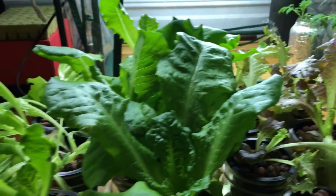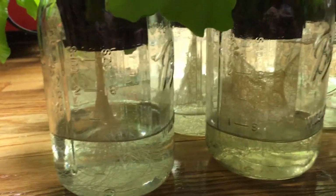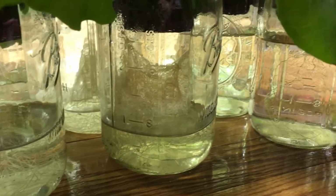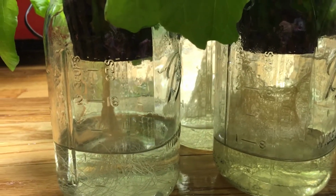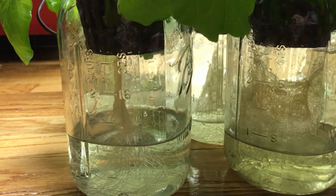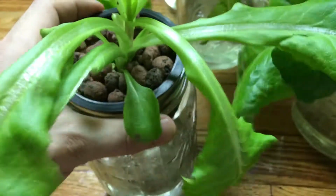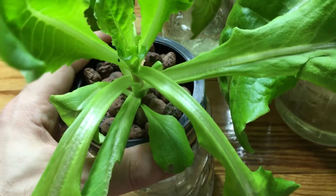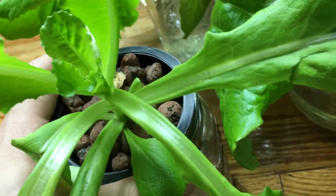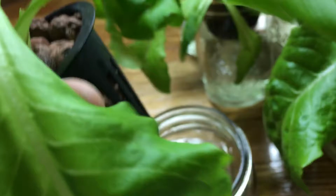Now, these are all grown in a hydroponic Kratky system. As you see here in front of you, it's just a little glass mason jar. This is a quart-sized mason jar with a 3-inch net cup inside. And I used rock wool to hold the seed in, as well as clay pebbles to hold the plant in place,